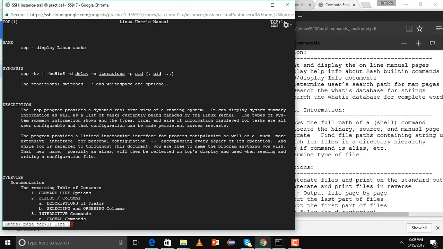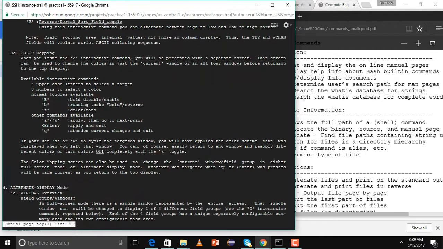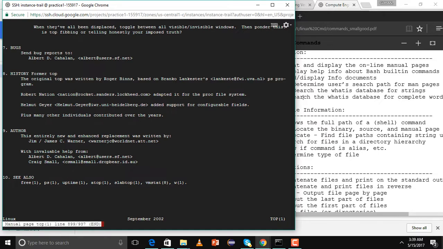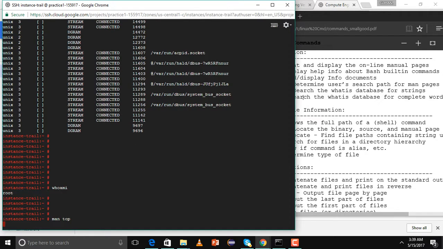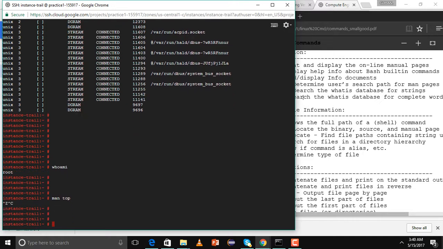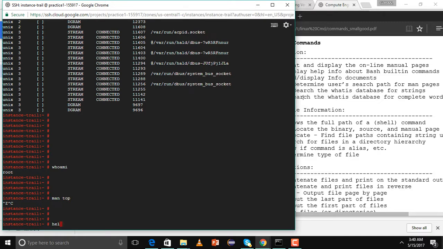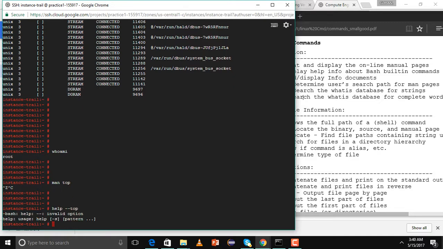So a good man page gives a detailed description of the command. You can quit with the help of escape or control C, control Z. Help generally gives about